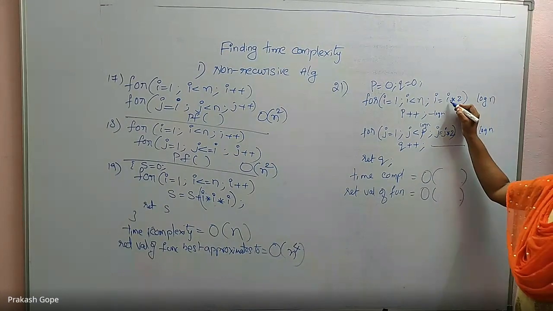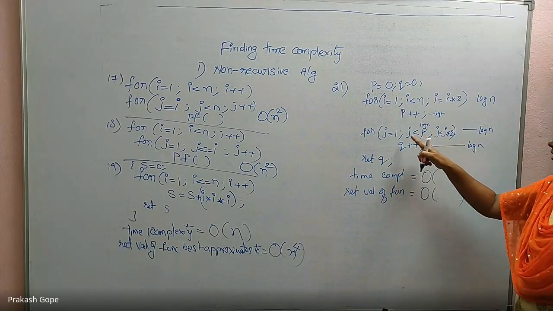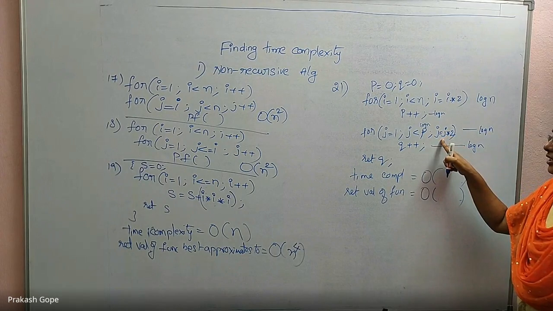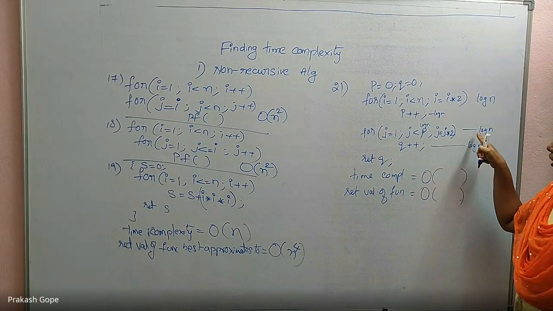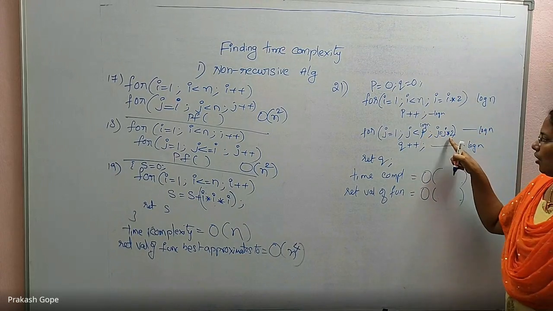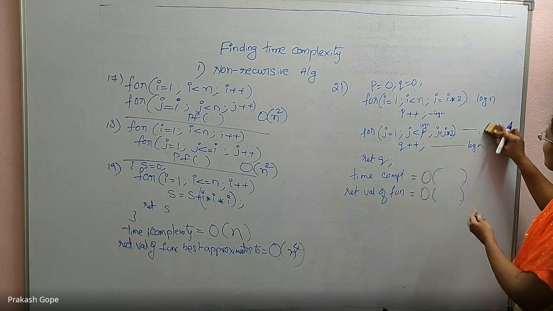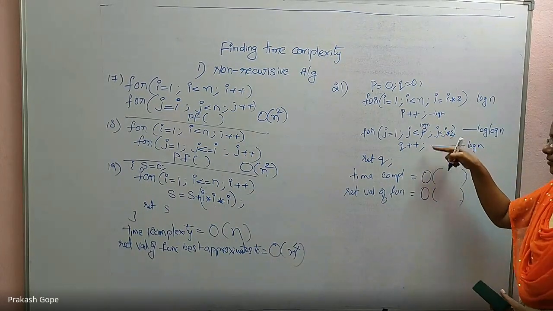Time complexity is log n, ma'am. Okay. Return value is log n. Correct. Obviously, because this one is also running for log n times. This for loop also starts from 1, goes till log n. But this is j equal to j star 2. Whenever it is j equal to j star 2, our time complexity is big O of log of whatever is present here. What is present here? It is log n. So it is log of log n. Log of log n times this loop is running.